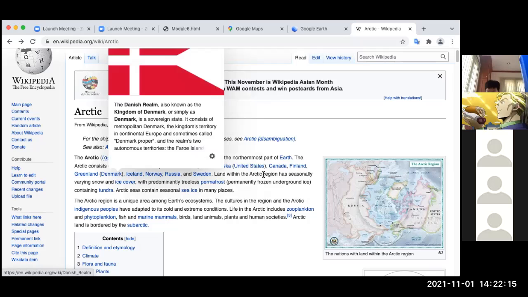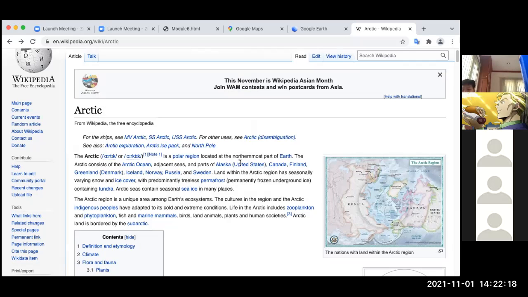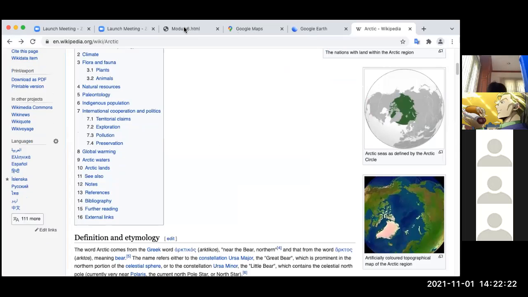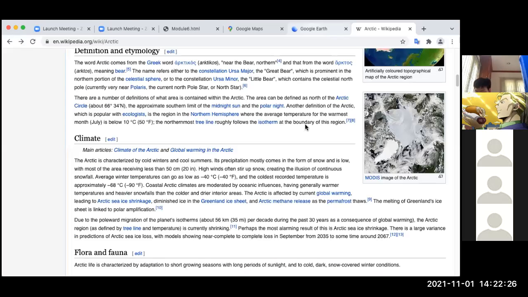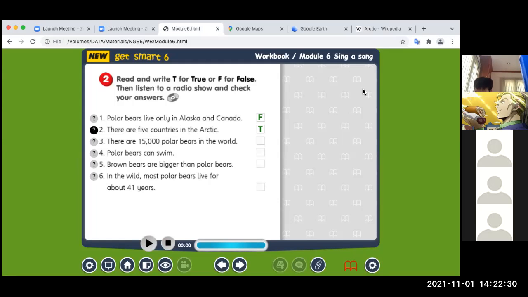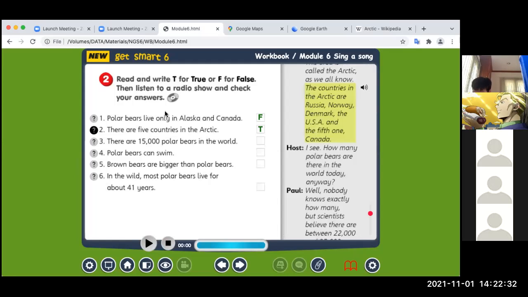So this is the Arctic. Okay. So let's go back. So we know now what the Arctic is. The countries in the Arctic are Russia, Norway, Denmark, the USA, and the fifth one, Canada.